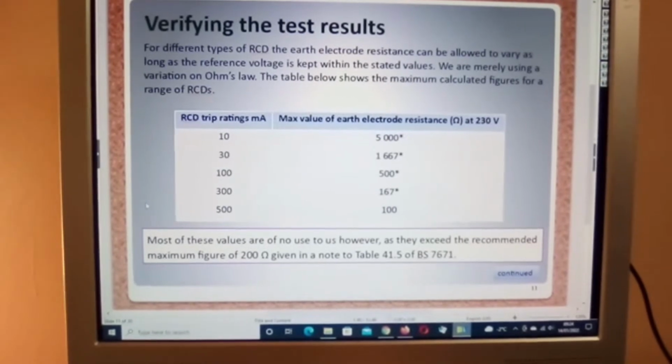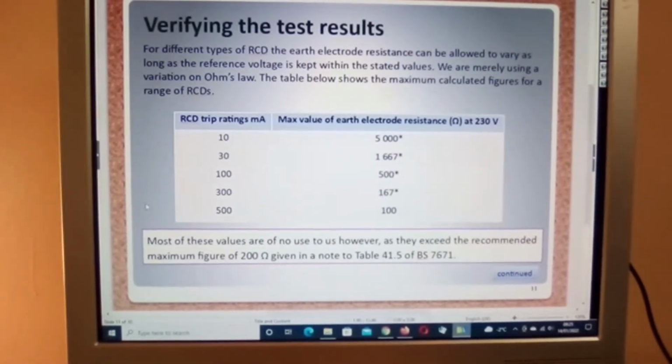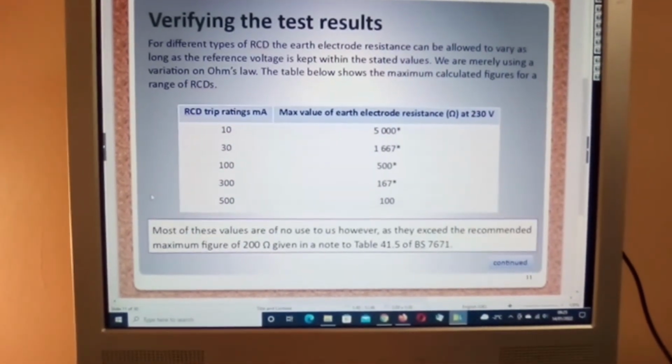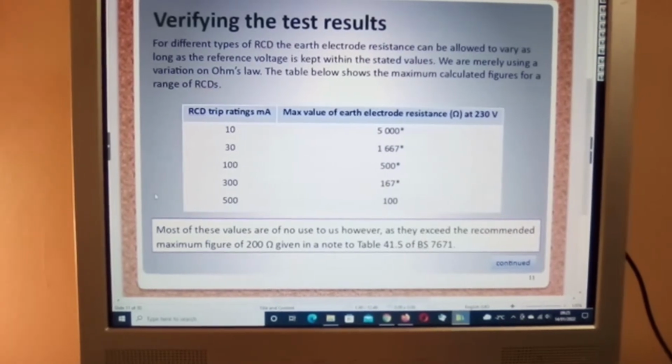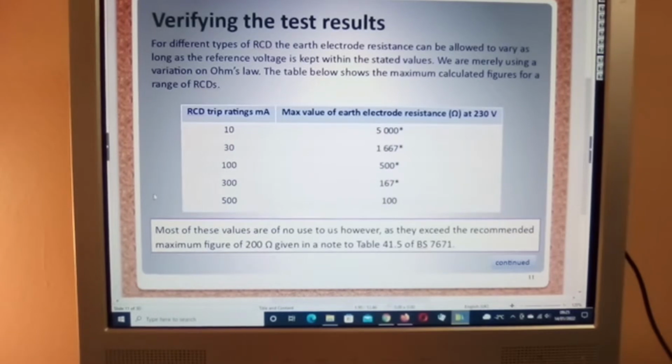And here we are simply looking at verifying the test results. Okay, remember that each type of RCD